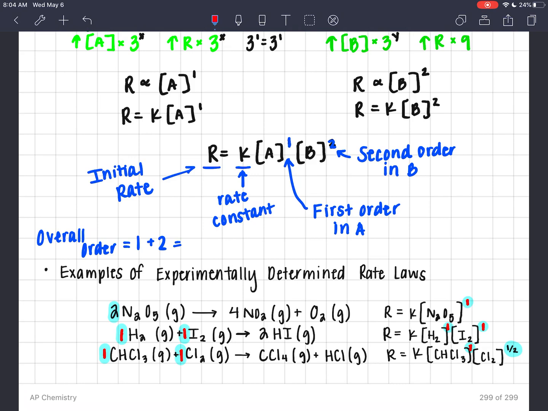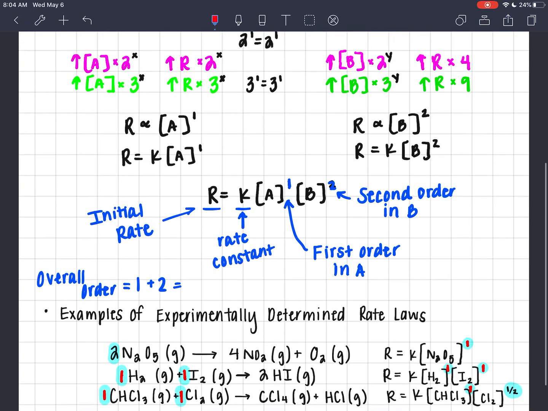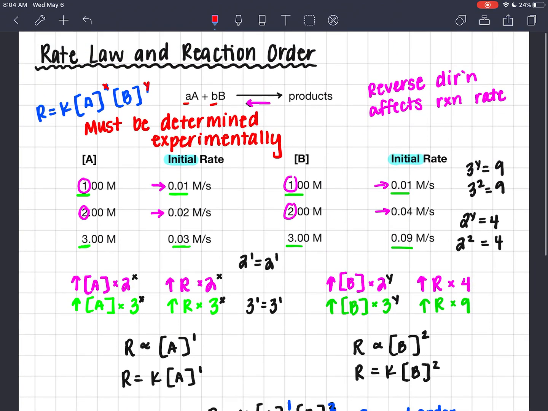You may find that you have exponents that are fractions, and there would be no way that you'd have a coefficient that could ever be a fraction. So the point I'm really trying to drive home here is that X and Y in this equation have to be determined by looking at a data table much like what we have here and seeing how these two variables vary in regards to one another. So hopefully this was